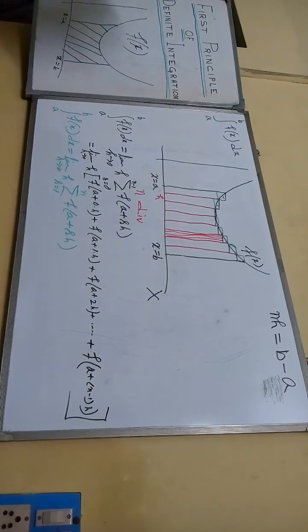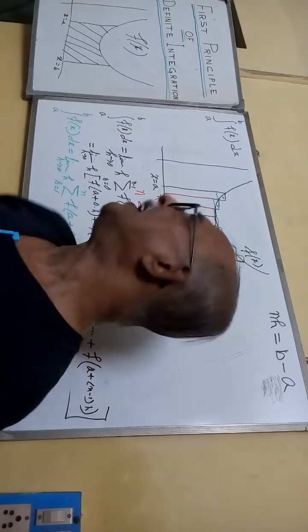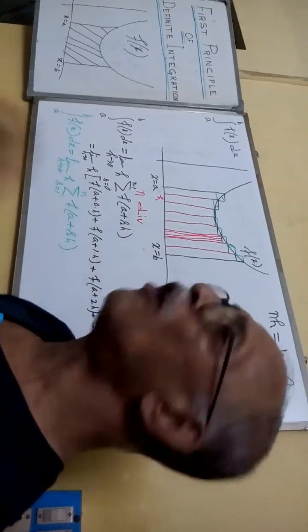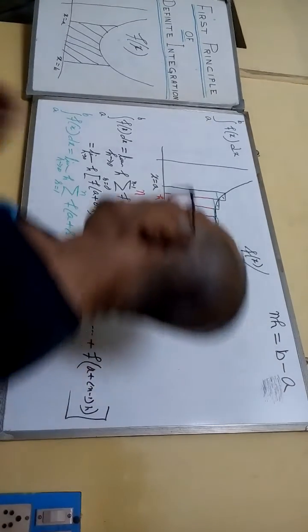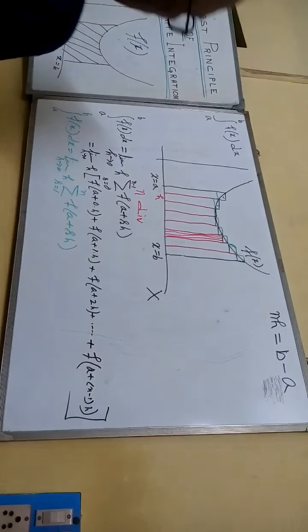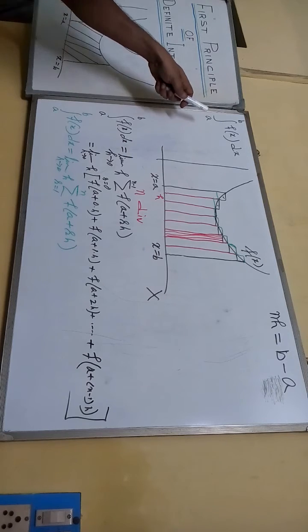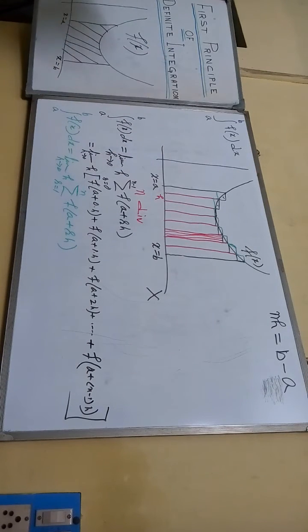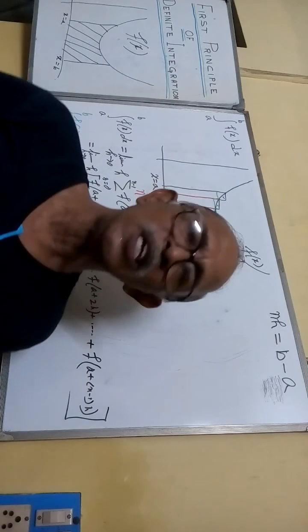Actually, one is called the left hand limit and the other is called the right hand limit. And this limit is the measure of the integral from a to b of f(x) dx. You can calculate either the right hand limit or the left hand limit. That means either of the two will give you the area under this curve, and that will give us the magnitude of the integral from a to b of f(x) dx.